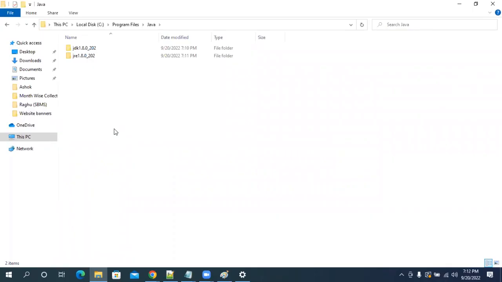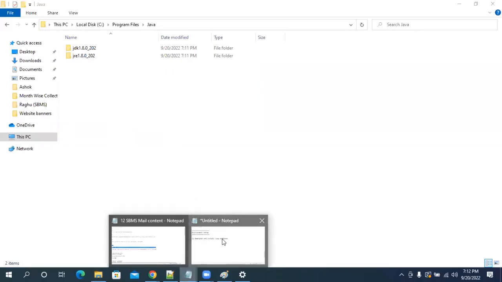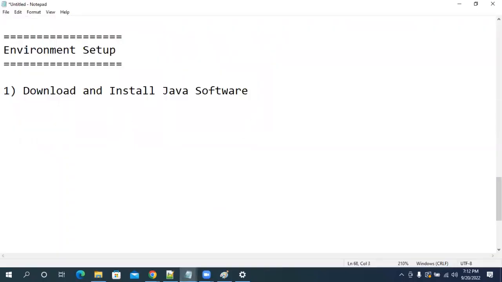What are those two folders? One is JDK, another one is JRE. Sir, what is this JDK and what is this JRE? Whenever we install Java, JDK is installed and JRE is also installed. JDK stands for Java Development Kit.